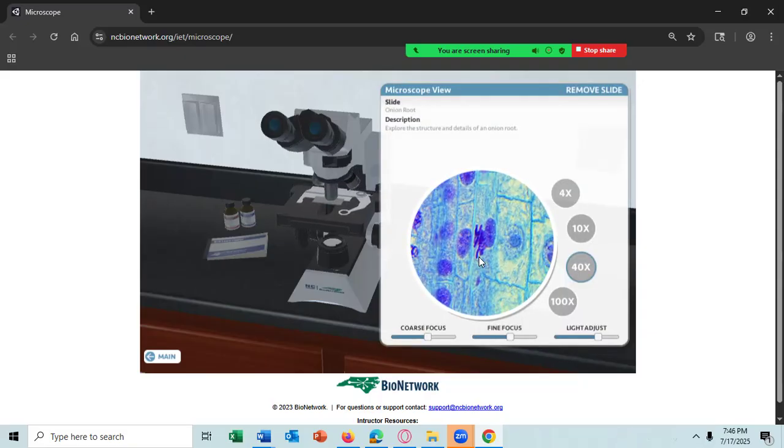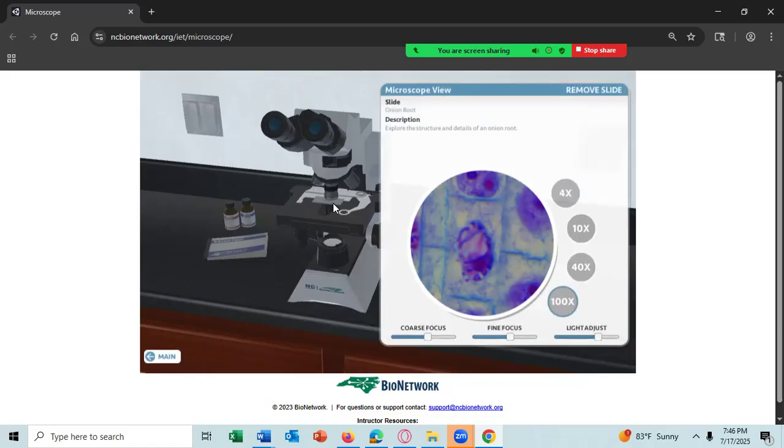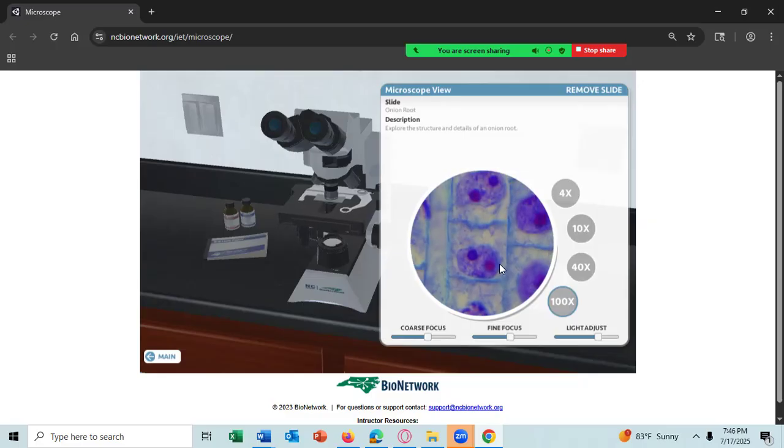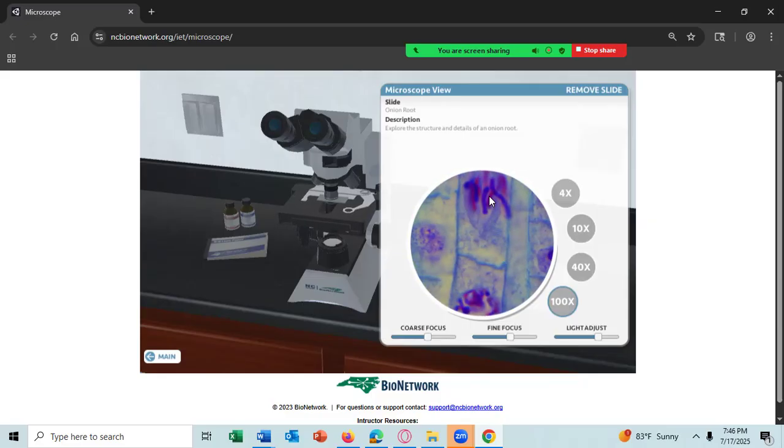Oh, there's one there. For some reason, this is not centered because it should be centered. There it is there. Can't quite get in the center, but there's what I'm trying to look at there. And then you can finally focus to see the chromosomes.